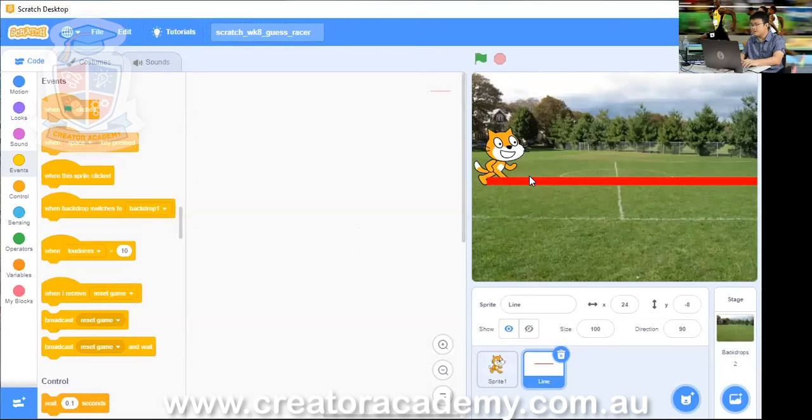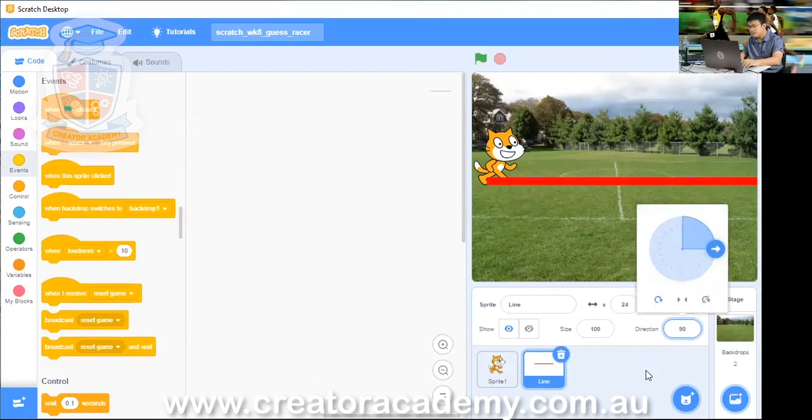But the red line is going sideways. We don't want it going sideways. We want it going up and down. So make sure you have the line selected, and then you click on direction. Click on direction, and then you drag the arrow so that we rotate it all the way down, like that.